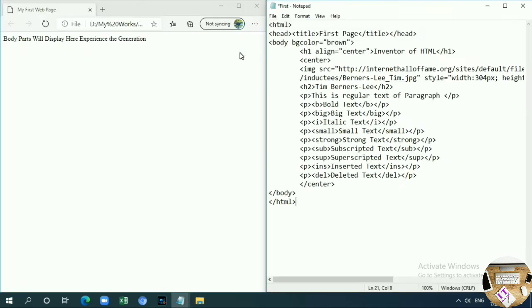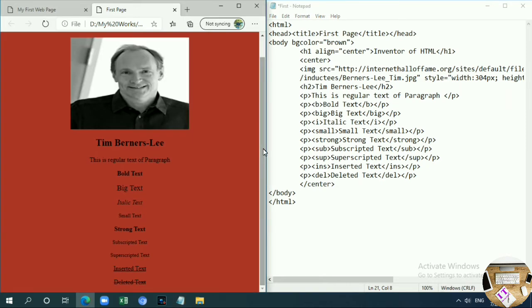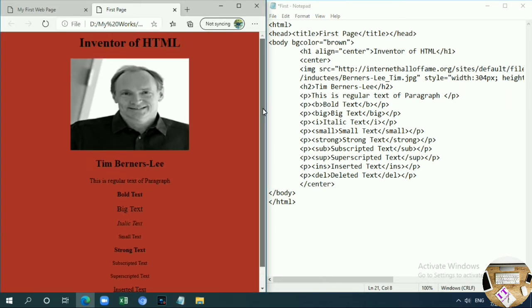Okay, that page is opening. And look what kind of changes happen there. Look, it's the same output that you see on page number 9 of your textbook.